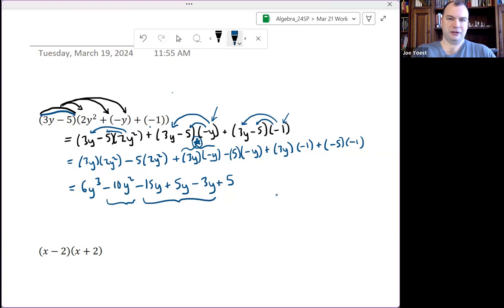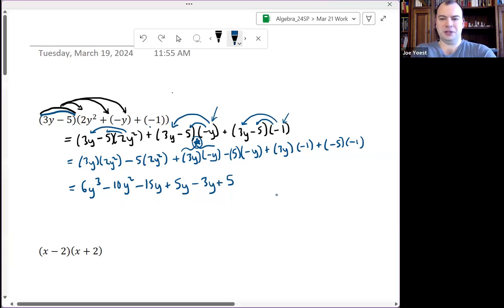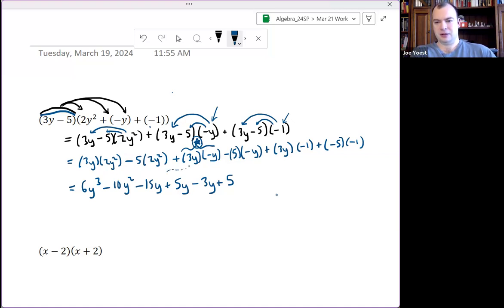Now, to be fair, if something seems strange, sometimes that's just the way that it ends up. Maybe this is a type of problem that doesn't fit the pattern that you expected it to fit, and it is what it is. But it seemed a bit strange, so it made me think, okay, let me just check my work here. Let me see if I made a mistake somewhere. And indeed, I did find a mistake. Tracking it through, that was what led to this negative 15y originally. So that needs to be updated